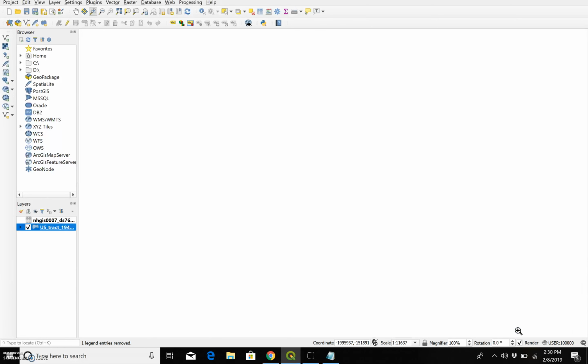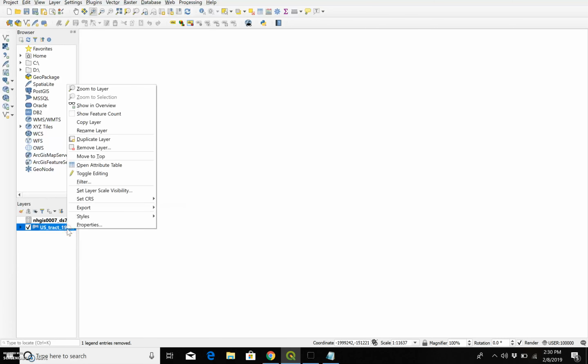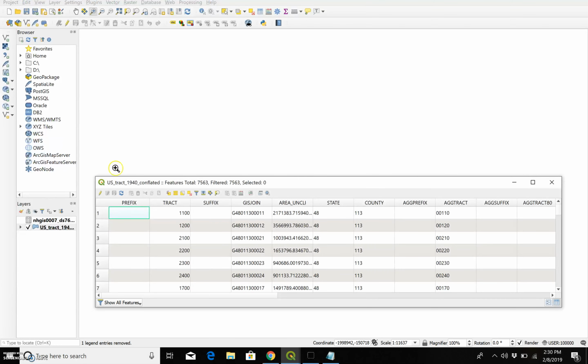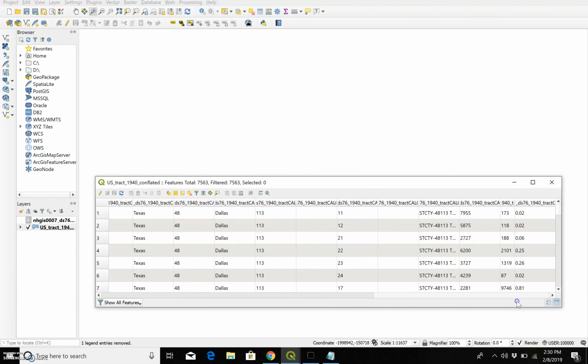Apply and say OK. Now that you've joined your data table to your shapefile, when you open the attribute table for the shapefile, we see this big long data table. Find that column, here it is. We recognize these numbers. This is our calculated percent non-white, and you see here it's come in as a text